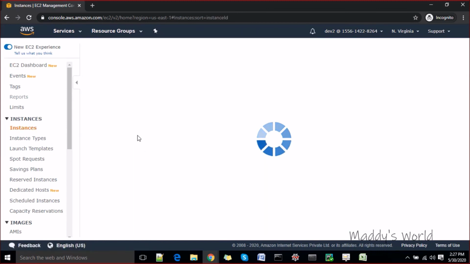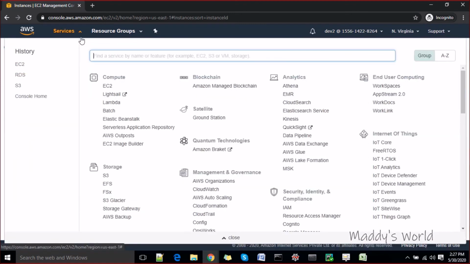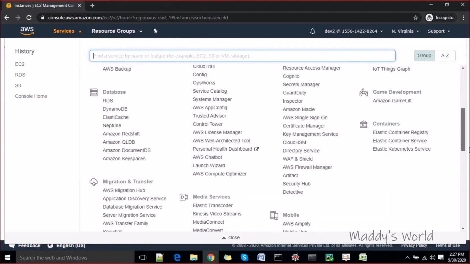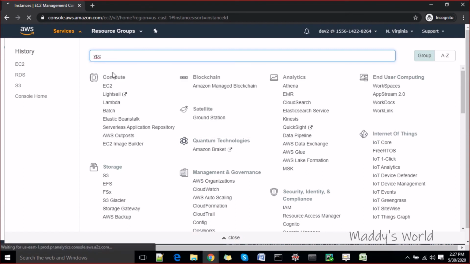Still it is not running. It's initializing, right? So what we did, you remember, we also gave permission to the VPC, S3 and everything so that you could do it. So now if I go to the VPC section, I'll be able to see a couple of things in the VPC, and some of the things I will not be able to see, for which I have not given the permissions.